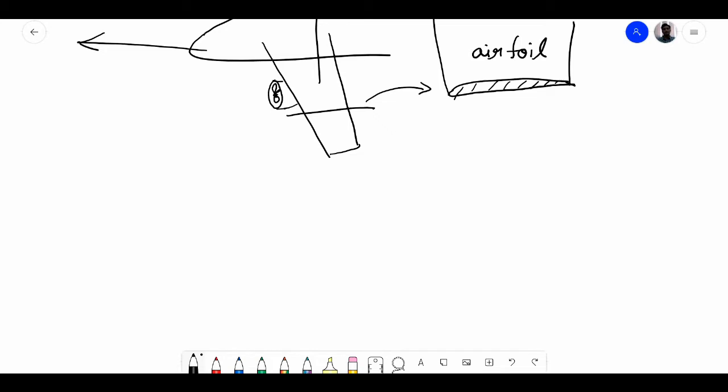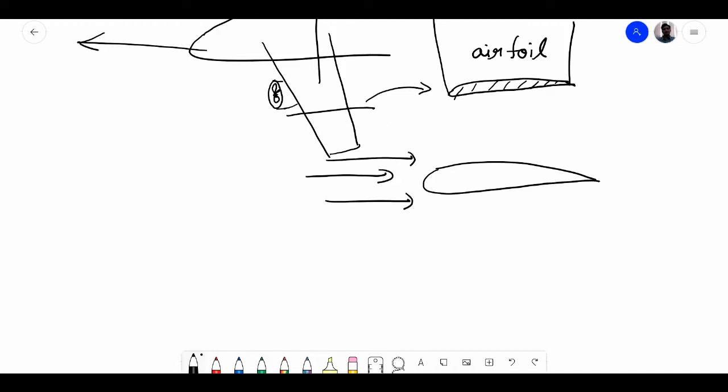So from Bernoulli's equation, we obtain this result that if there is a flow over some object like this, and if there is some asymmetry in the shape with respect to the flow, the upside and the bottom side, these two surfaces, if they are asymmetric with respect to the flow direction, then there is a net force that acts on this object in the vertical direction. So this principle can be used to generate lift.